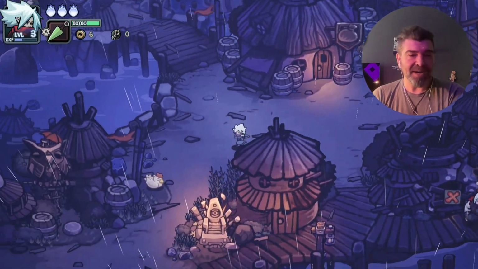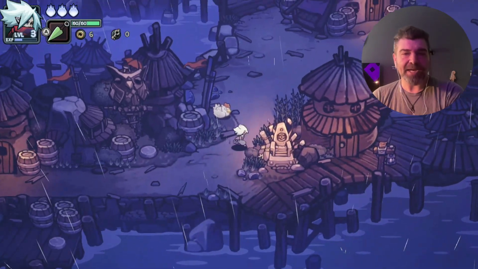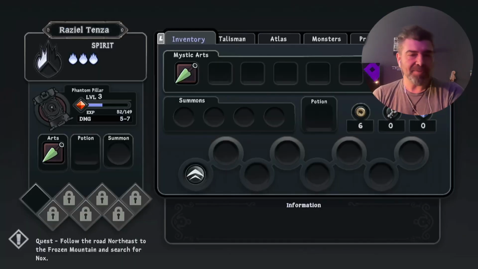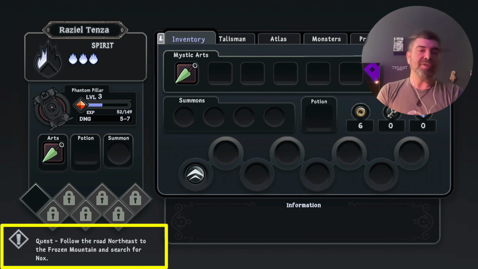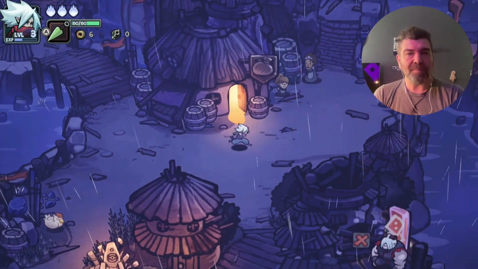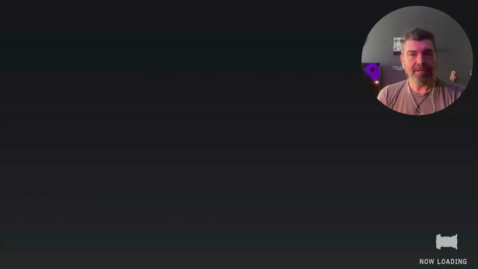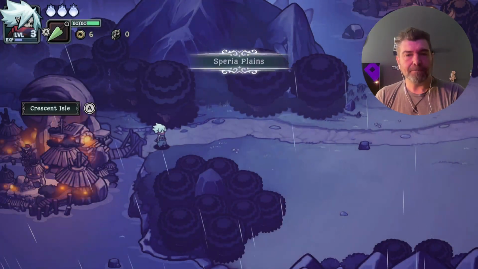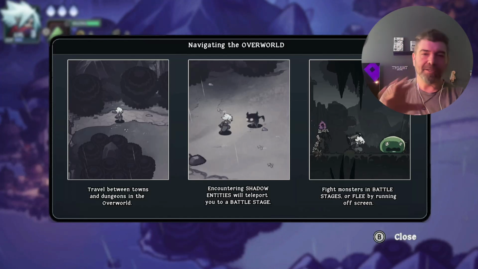But I will say, since I've gotten my mission, my quest, which by the way, was also a tricky thing to add in, if you check out your inventory, down in the bottom left, you'll see your quest update. So that constantly lets you know, hey, if you're lost, you can always check your inventory screen and it says, follow the road northeast to the frozen mountain in search of Nox. That's just a little reminder of what we were doing before. Okay, yeah, we were following that path to the northeast. Let's do it. If we leave town, we're suddenly introduced to a tutorial that lets us know about